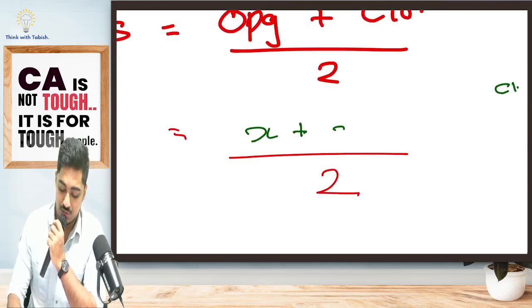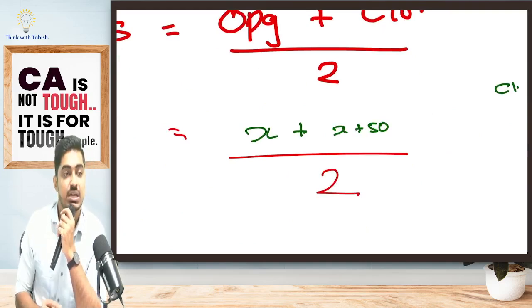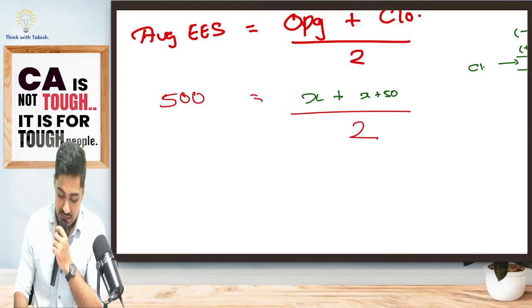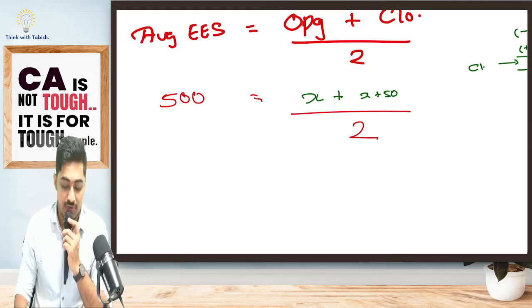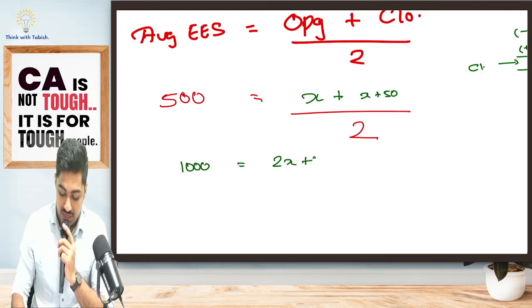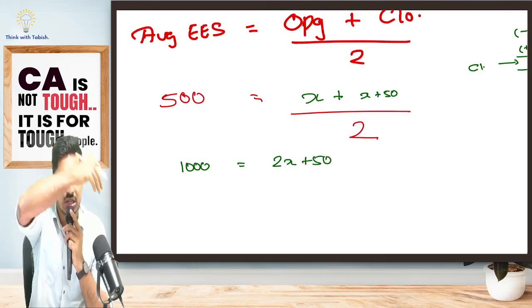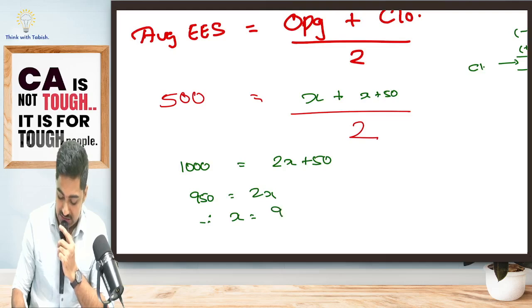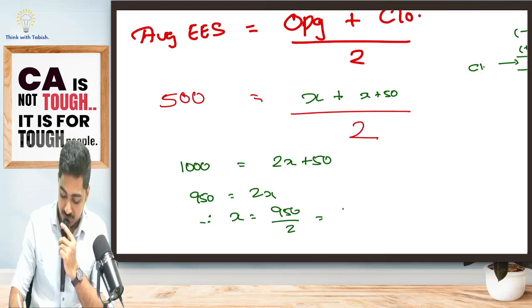Opening is X, closing is X plus 50, divided by 2 should be giving me 500. Can I simplify this? Yes, sir. The 2 here is in the division. If I take it across, multiplication, 500 into 2 is going to be 1000 is equal to 2X plus 50. 50 take it to the other side becomes minus 50. That is 950 is equal to 2X. Therefore, the value of X is 950 by 2,